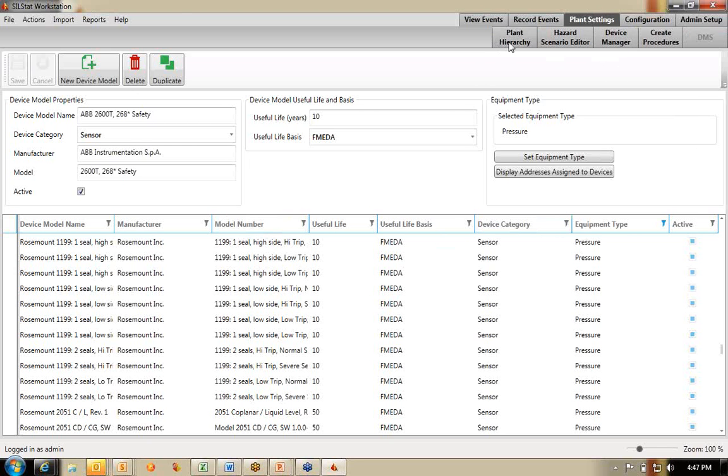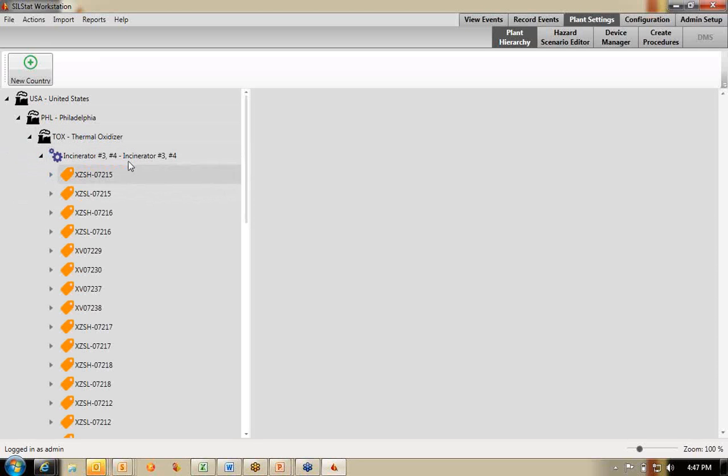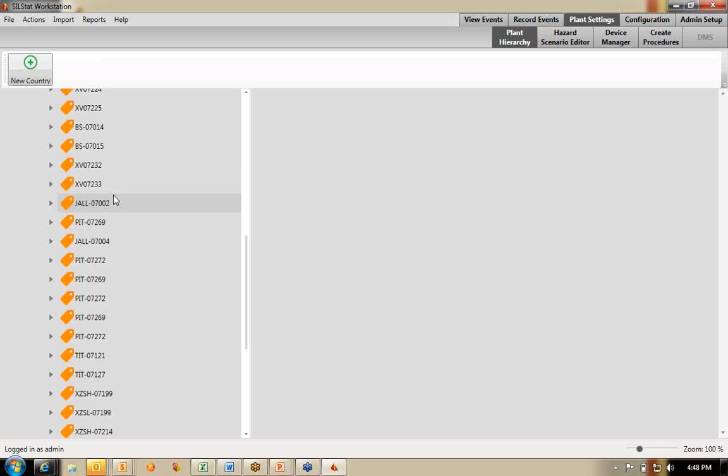So in the plant settings, we go to the plant hierarchy. I have a hierarchy here where I have the U.S., I have Philadelphia as a location, and a thermal oxidizer as a unit, or a plant with an incinerator as a unit underneath. And here are all the addresses within that plant. And I'm going to pick this first one,